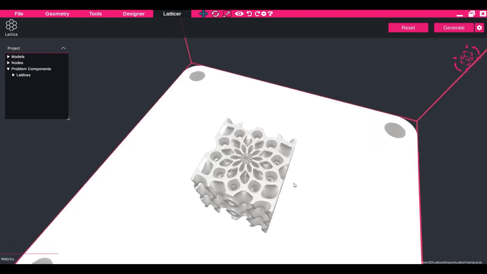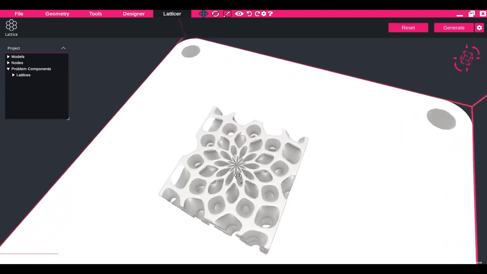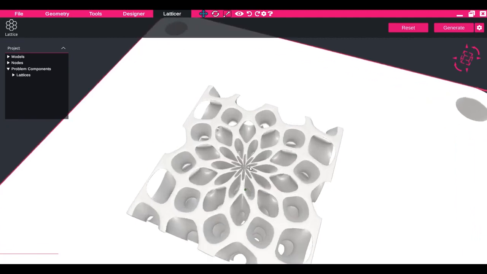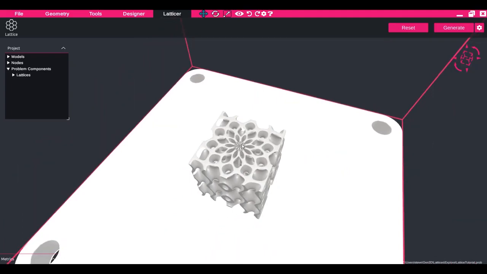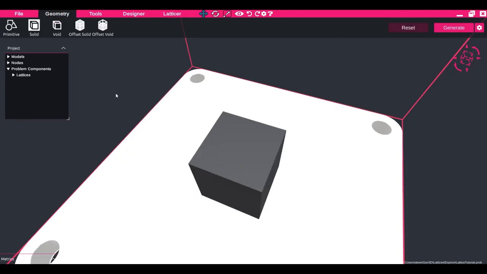As we can see from this lattice, where the center points of these converge, there can be quite thin walls in the middle of this part. So to overcome this, what we can do is add a cylindrical object in the middle and make this cylindrical object a solid. So we'll just press reset here and add a second primitive into the middle of this part. And we'll make this a cylinder, and we'll maybe make this 6 by 6, and then the height we can be 50. And we'll just select this cylinder model in here and set it to a solid. And now when we regenerate this part,